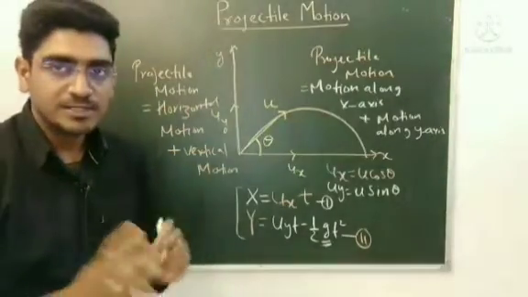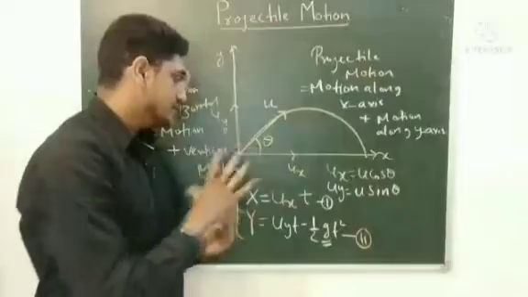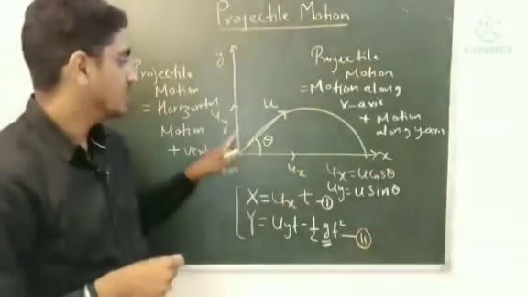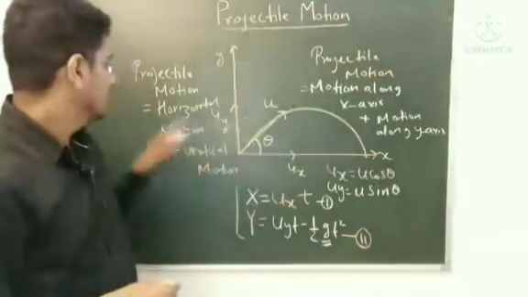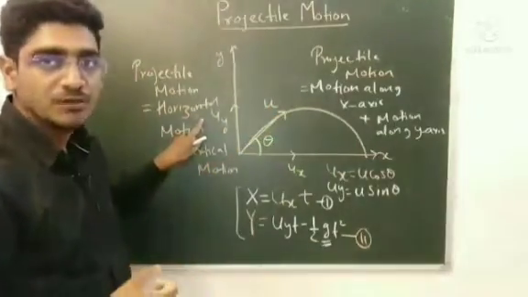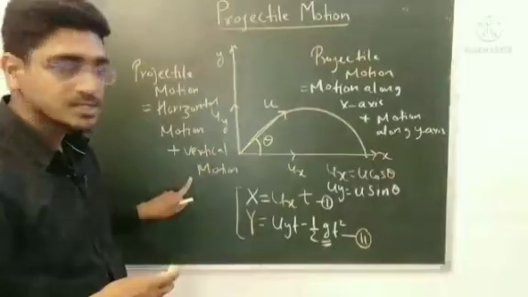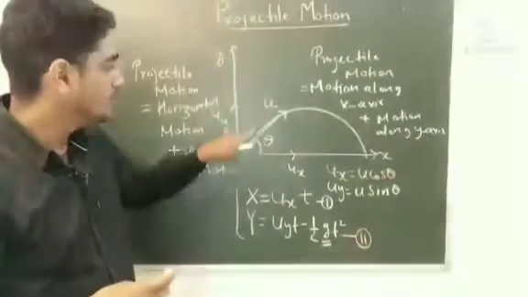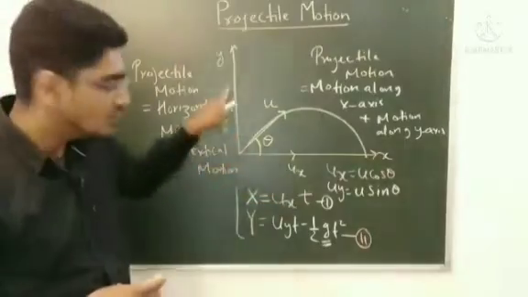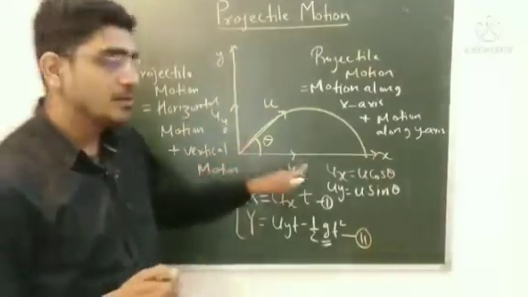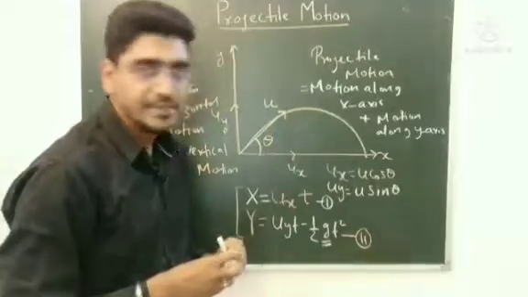Alright. So what we have discussed now is what projectile motion is. We can say projectile motion is always two-dimensional motion. It is the combination of horizontal motion plus vertical motion. Now any particle we can throw with the initial speed u. We can resolve this u into two components, ux and uy. Ux equals u cos theta and uy equals u sin theta.